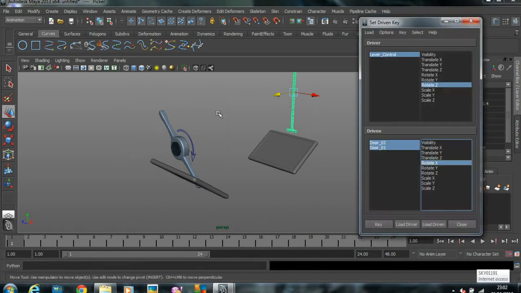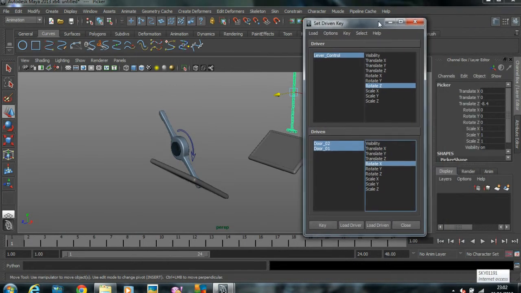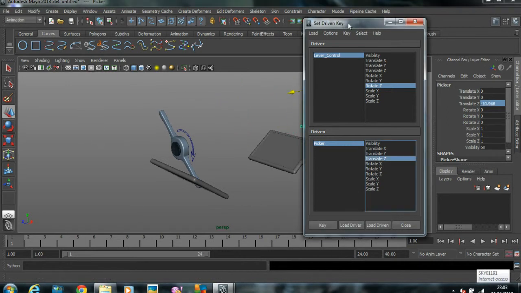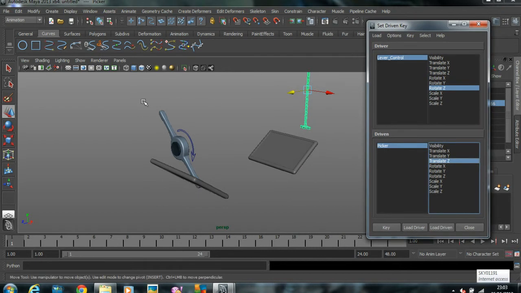It's easy now. Once I come back here, now rather than lever control, I'll select this one, which is called a picker or something else as a load ribbon. What should happen? It should move in Z axis. Rotation, translate Z. And the other thing is that I want it to come to this side and move down also. I'll go for 2 axis and say